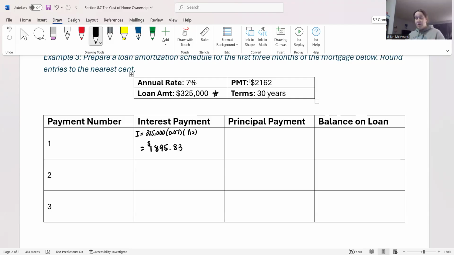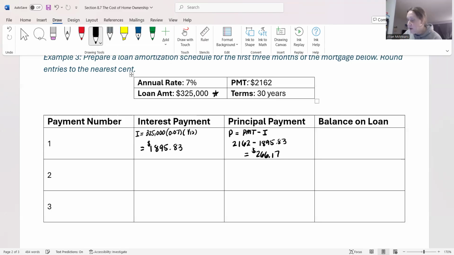Now we know how much interest we paid in month 1. Let's figure out how much principal was paid in month 1, so the very first payment of your loan. To figure out the principal, we take the monthly payment and we subtract the interest that we just found in this first little box. So the payment was $2,162. We want to subtract the interest payment, $1,895.83. Whatever is left over goes towards the actual balance of the loan. So 2,162 minus $1,895.83,